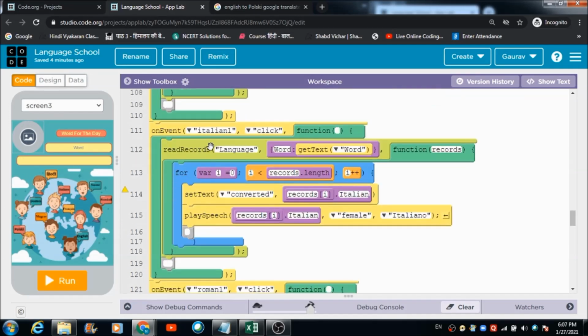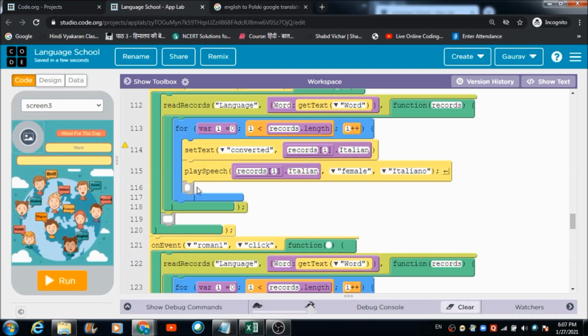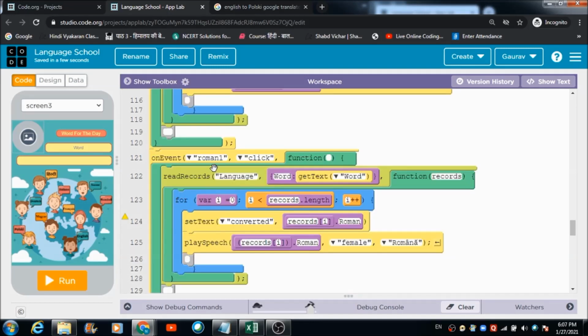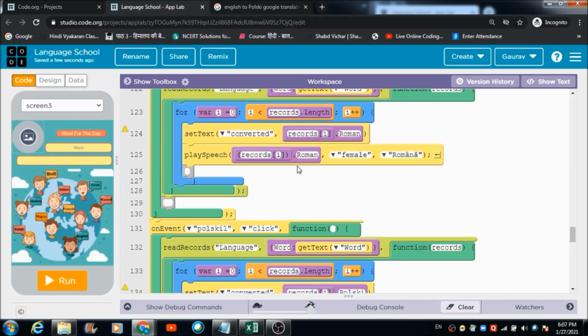For the Italian language also, I have made use of the same code for getting the required things converted into the required format. Then for Roman also, I have made use of the same code. The only change I have made is over here, the name of the column and the type of the language.